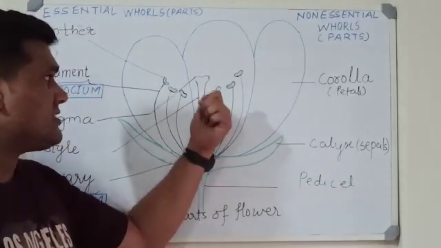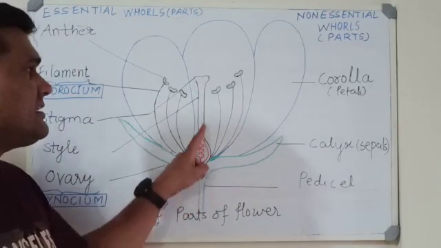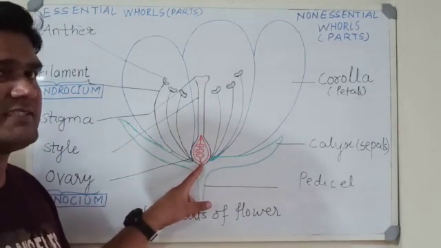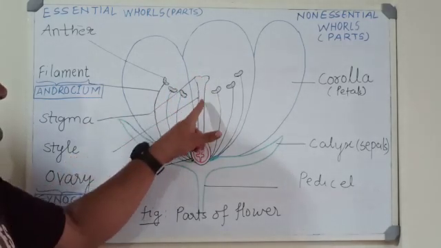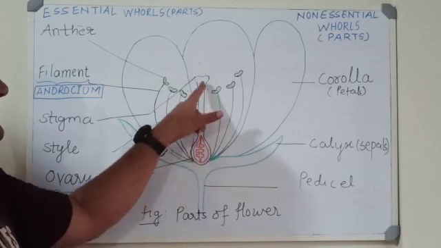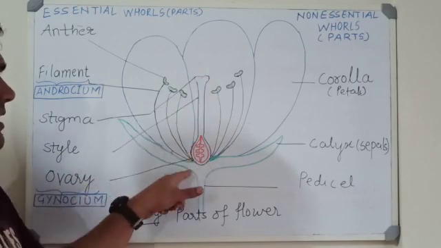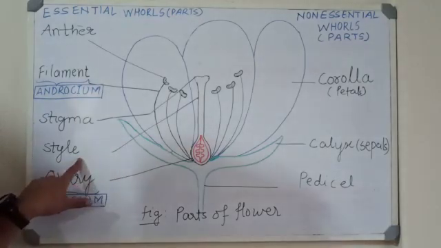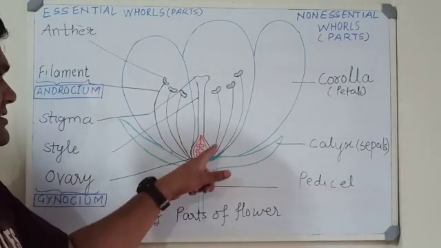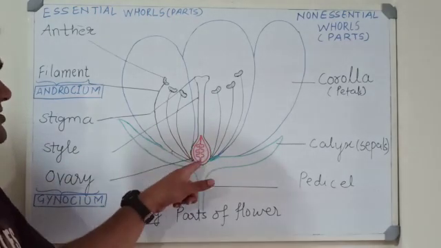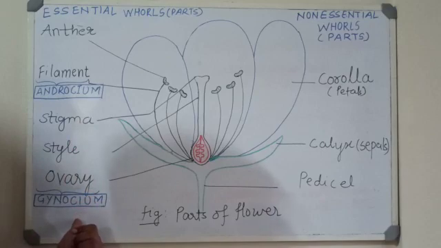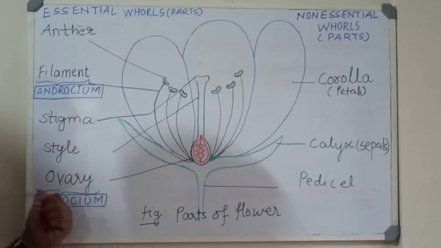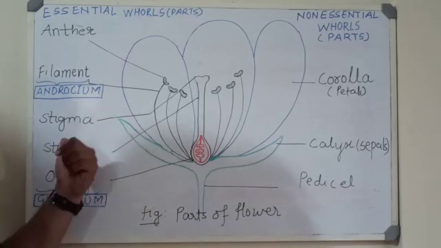This is the first structure which we can see in the center of the flower. This is nothing but the female structure. Here the first part of the female structure is known as the stigma, followed by a long stem which connects the stigma to this portion. This stem is the style. Another thing at the bottom of this structure is known as the ovary. So the stigma, style and ovary together are known as the gynoecium. Gynos means female and gynoecium means female part. So this is the female part of the flower.